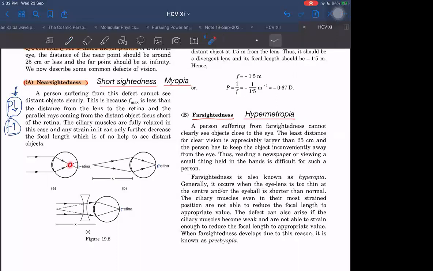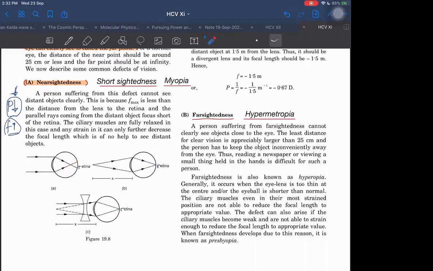So they are forming the image here, but the retina is here. So on the retina, the image will be blurred, or it will not be formed at all. So it will be some blurry type of image you will be getting. It should be formed here. I cannot bring the retina to this place. There is no such mechanism given to us to bring the retina to this place. What should I do now?